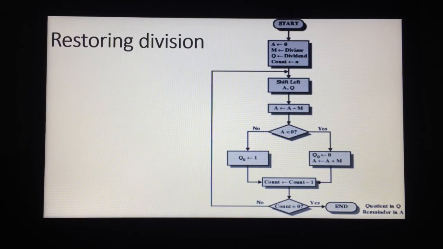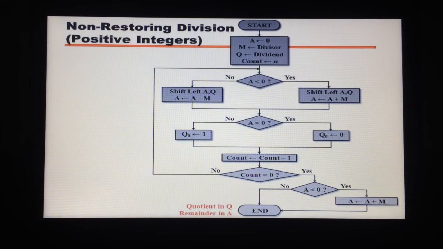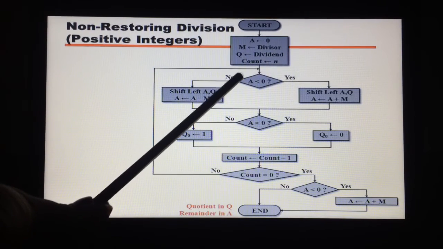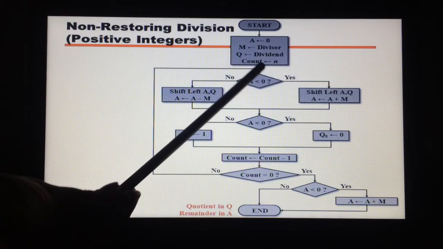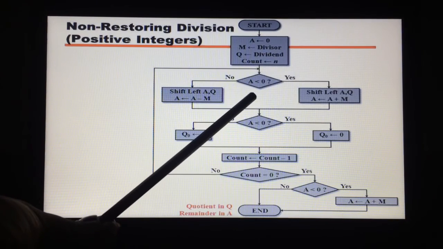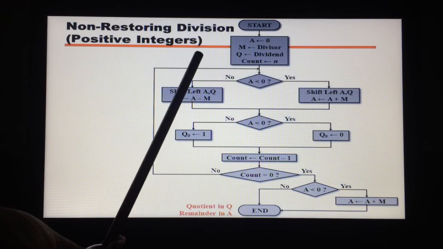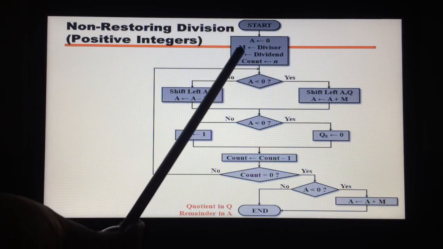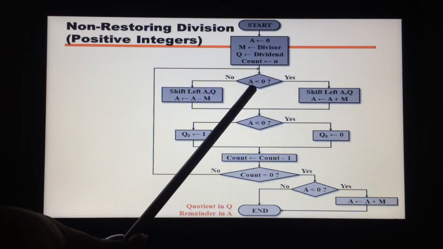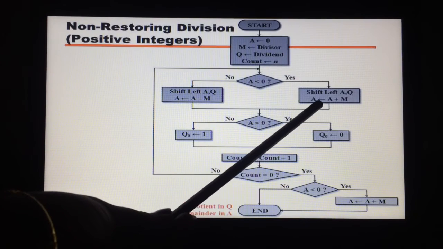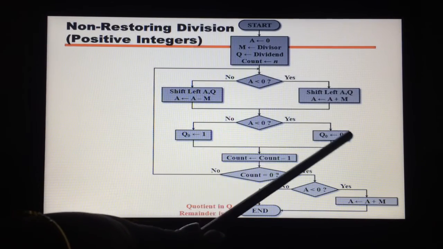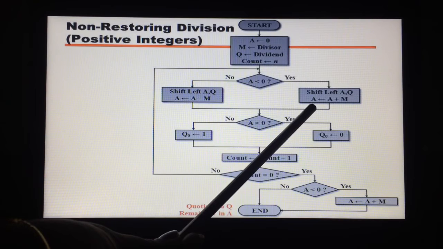Okay, next is non-restoring division. In this non-restoring division, again we have the same setup: M is equal to divisor, Q is equal to dividend and count is equal to N. Whereas for A less than 0, the same condition applies: if A's leftmost bit is 1, then it is a negative number. If it is a negative number, then we perform shift left of AQ, and then we have to add